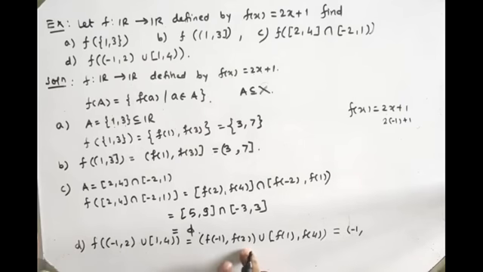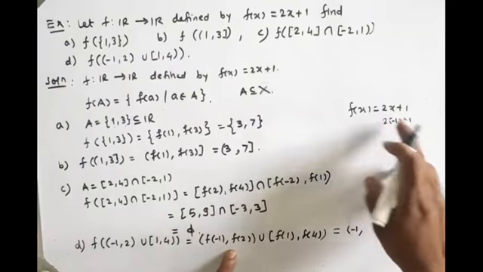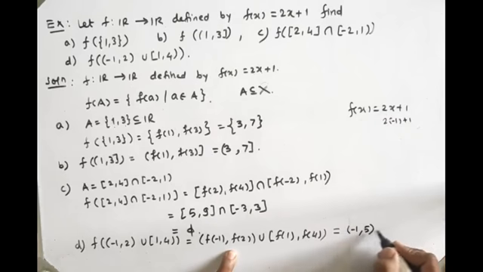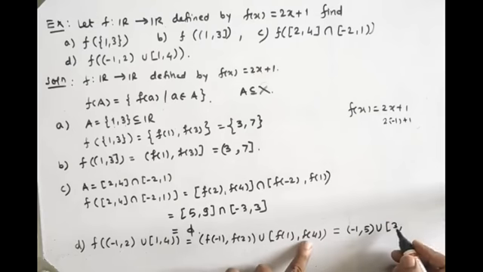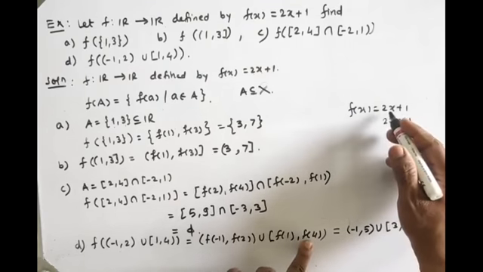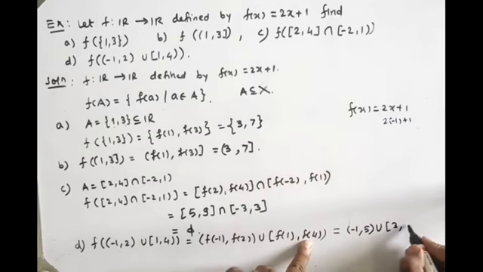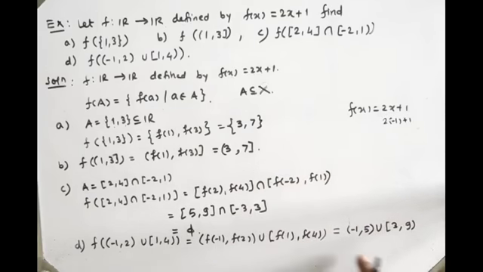Next, f of 2 is 2 into 2 to the 4 plus 1, which is 5, union, here is the closed interval, and here f of 1 is 3, and here f of 4 is 2 into 4 into 8 plus 1, which is 9, open interval. So here is the union, right? So I will write on